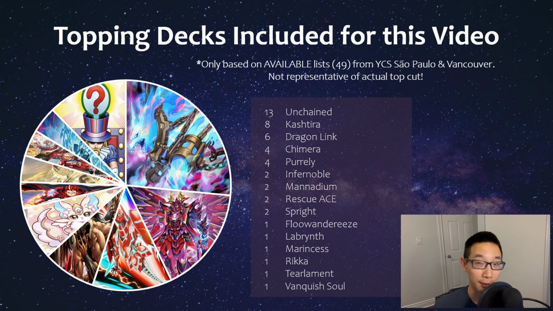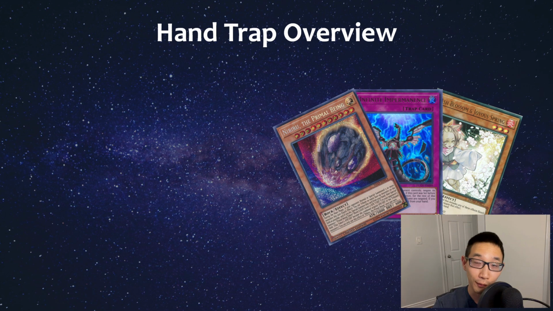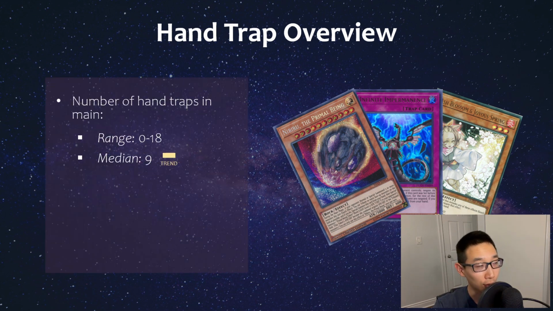Now, in terms of the topping deck lists that were publicly available for me to do this analysis, there were essentially about 49 deck lists available among the two different YCS events, with Unchained, of course, being the most represented, at least in the deck lists that were included in this video, and also just in general in the overall top cut. So to provide an overview of the hand trap count, it ranged from 0 to 18